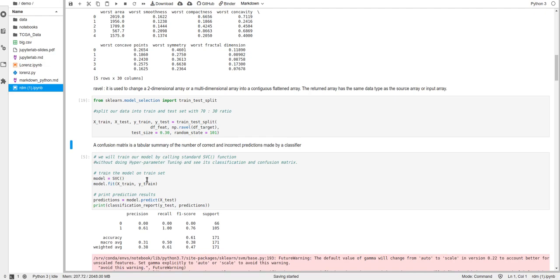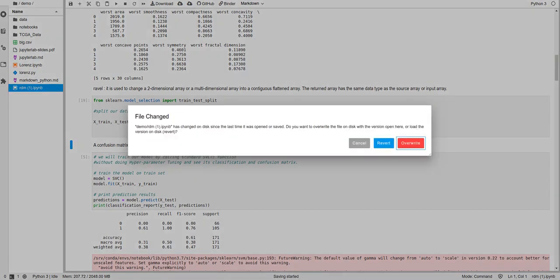Now we will train the model by writing the SVC function. Here we can fit our train datasets, that is xtrain and ytrain, and print the prediction values for ytest classification here.